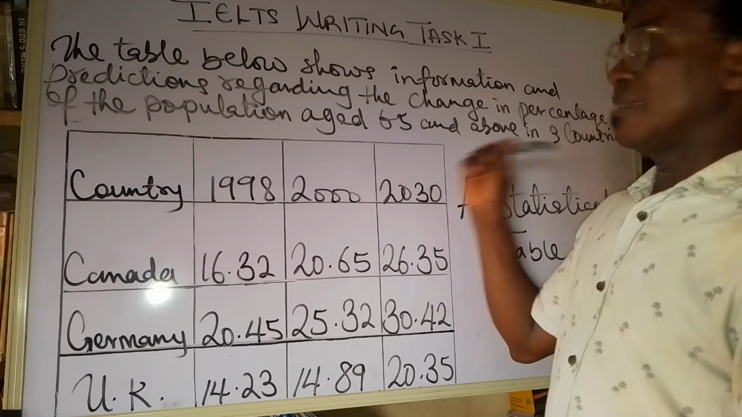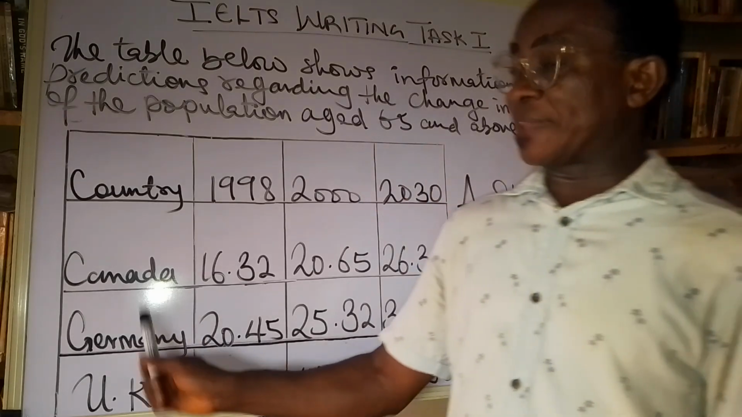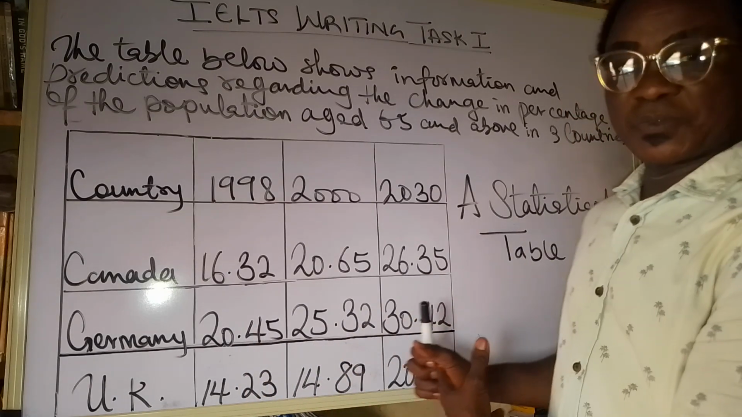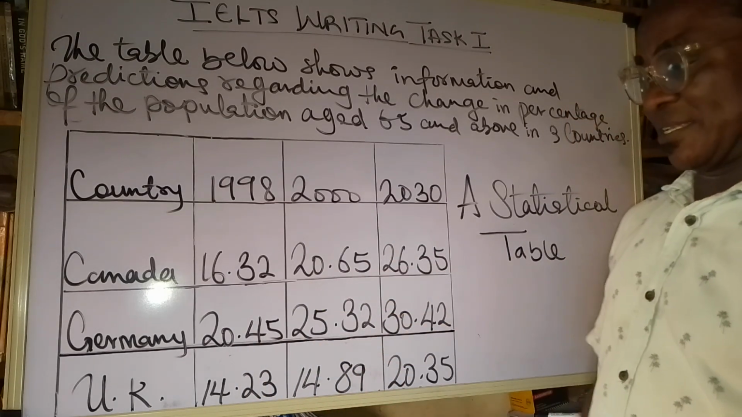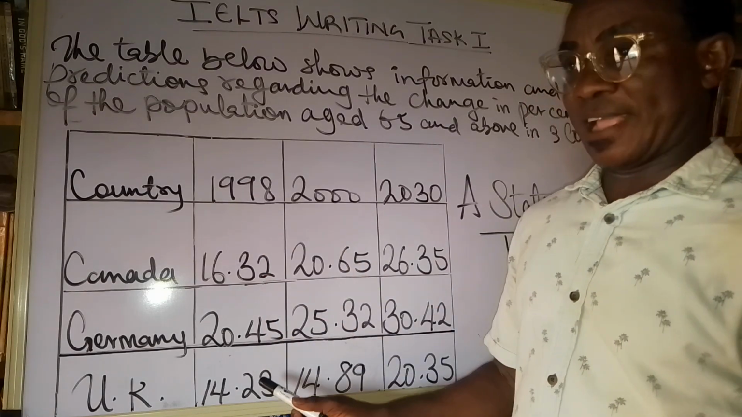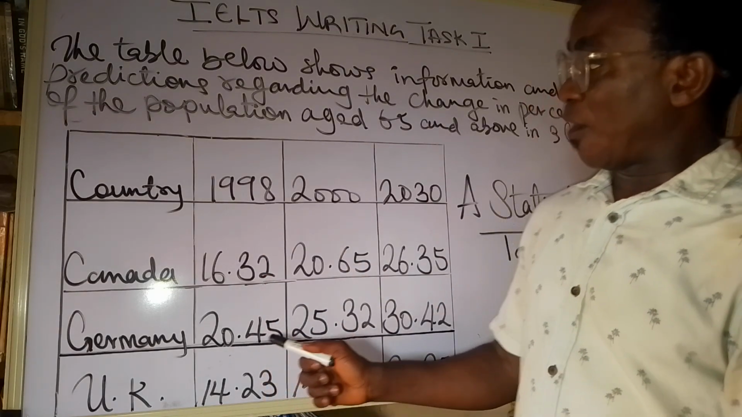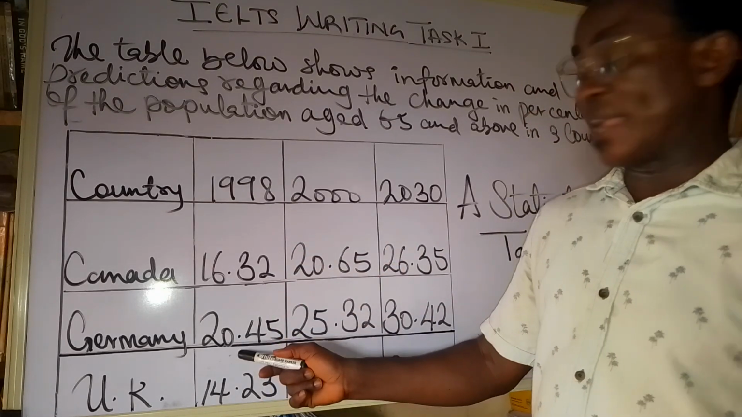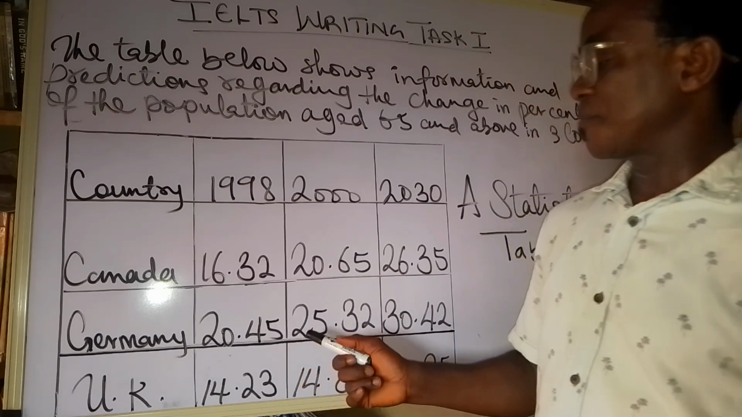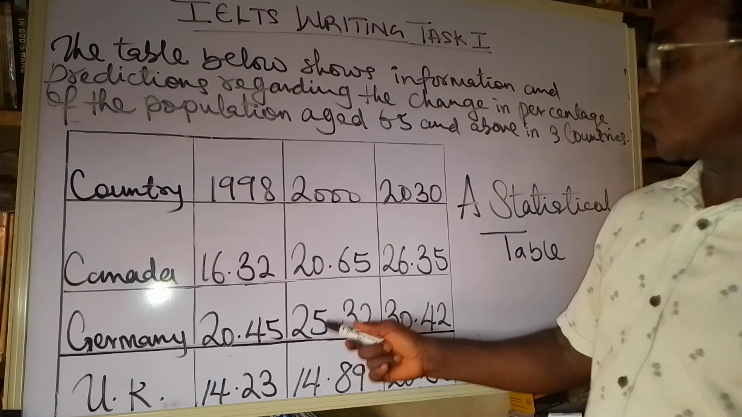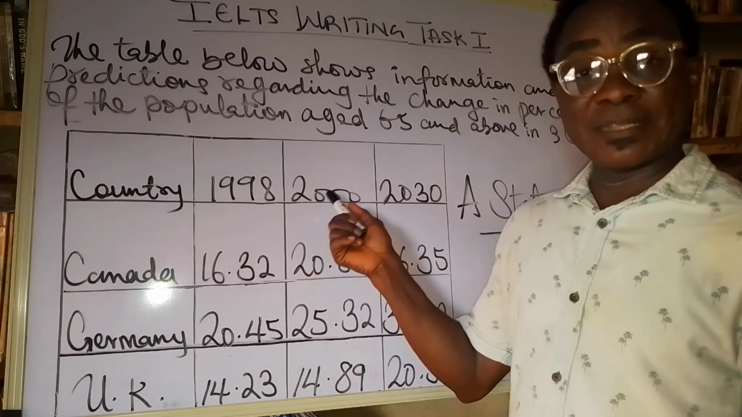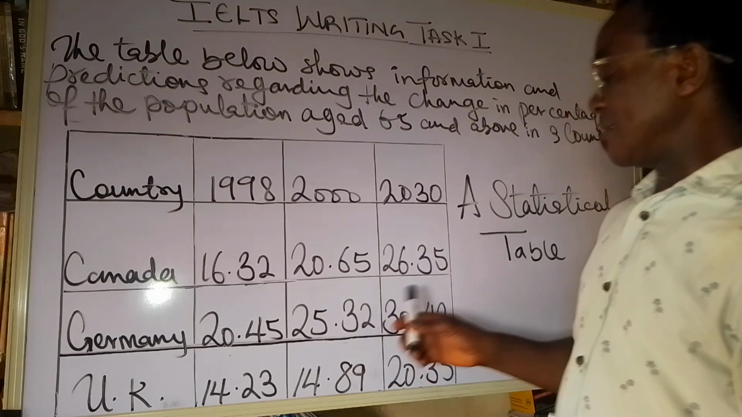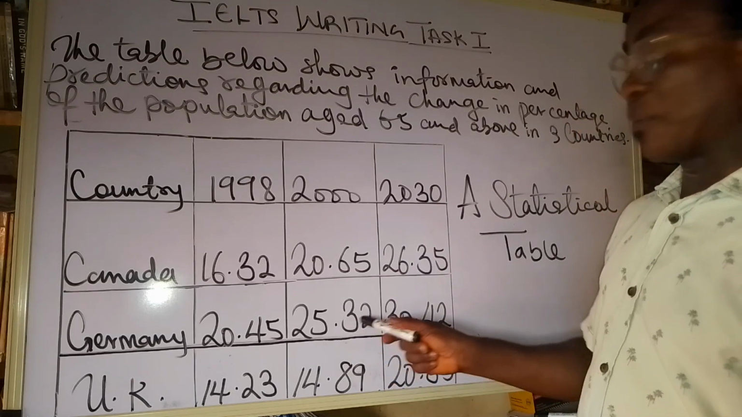aged 65 and above. In the case of Germany, there is also a growth in that bracket of the population. In 1998, the population figure of this segment of the German population stood at 20.45%, and this grew to 25.32% in 2000, and it is estimated that by the year 2030, it will grow from 25.32% to